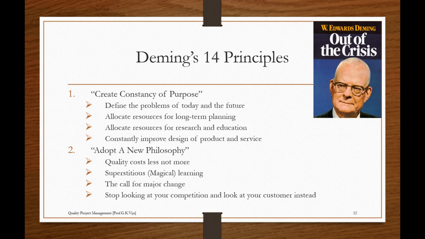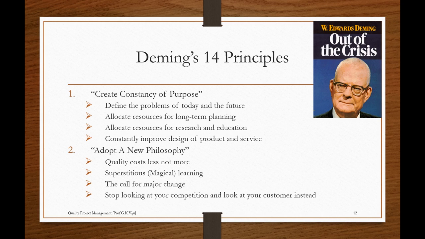Firstly, the creation of a constant purpose towards improvement is the most important key of the 14 points of Deming. A long-term plan is essential for quality. It resists reacting with short-term solutions, so strategic management should find better things to do instead of the same thing. It requires predicting and preparing for future challenges and always having a goal of getting better.